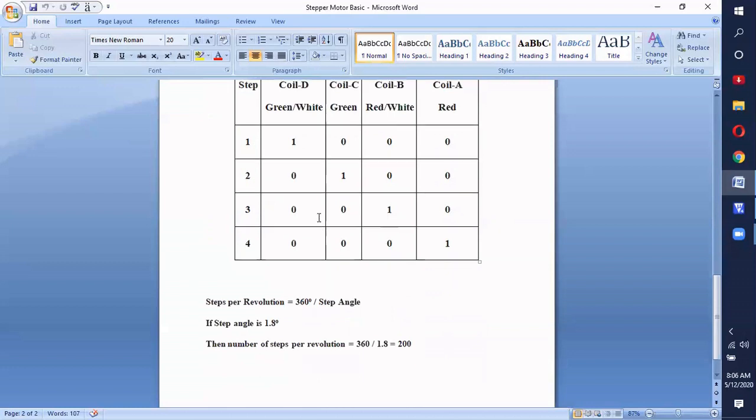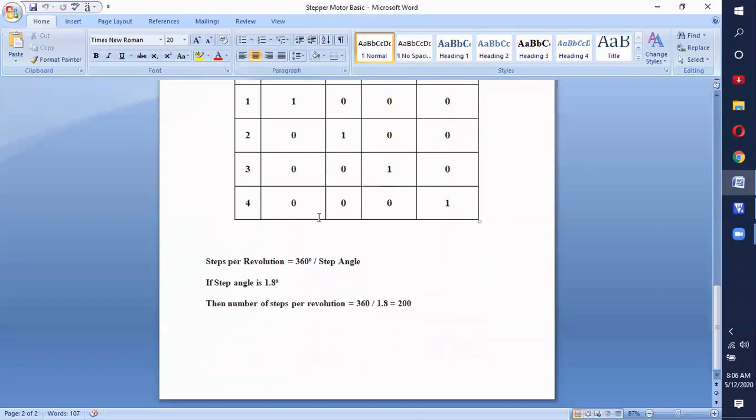Next, if a stepper motor has to make one revolution, one revolution is nothing but 360 degrees. One step can be found using this formula: 360 divided by the step angle. Usually for every stepper motor, the step angle is mentioned. The stepper motor we have in our college has a step angle of 1.8 degrees.